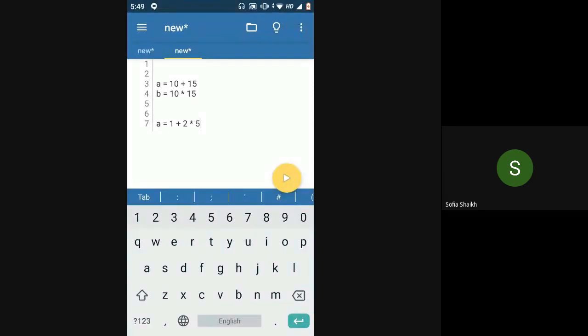So basically, that is what precedence means in Python as well. When you have multiple operators in a single statement, how will that statement get evaluated? Like if you have plus and into in the same statement, which operator will be performed first? That is checked using the rules of precedence in Python. Okay, so let's just go and what's wrong with this?